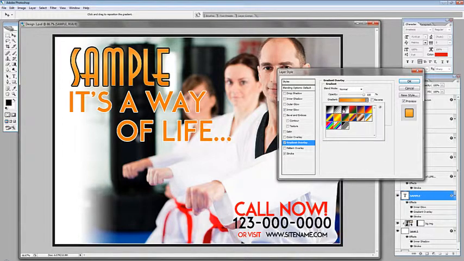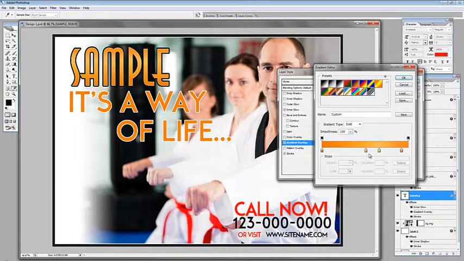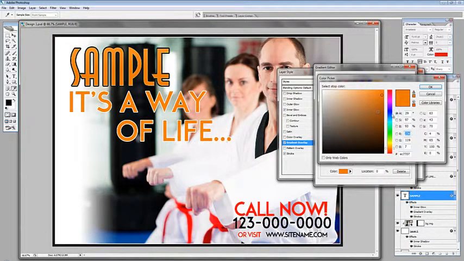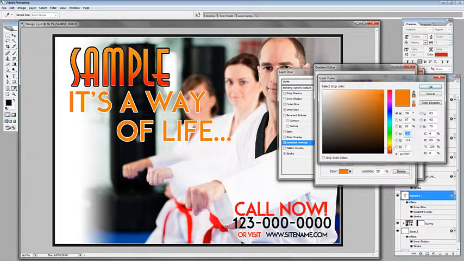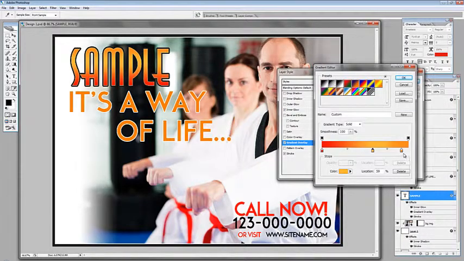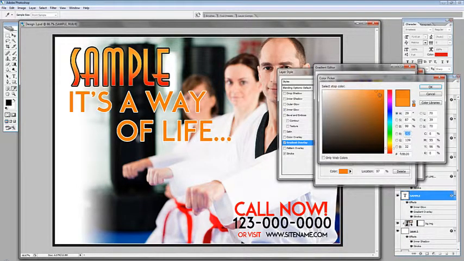As you can see here, we already have the presets, and if you want to make your own combination of colors, just click on this to edit, and you can play around with these colors, or you can remove one of these by holding and dragging anywhere. There you go. If you want to add one, just put your cursor in this space and click, and we can now change the color by double clicking on those, just like that. And there you go,